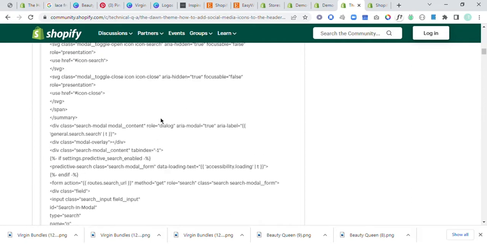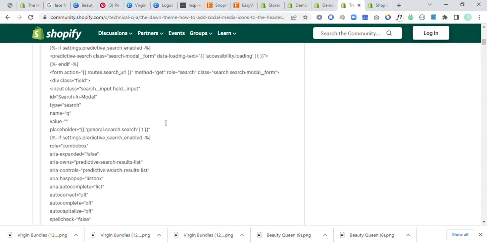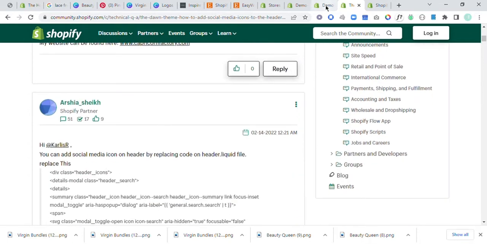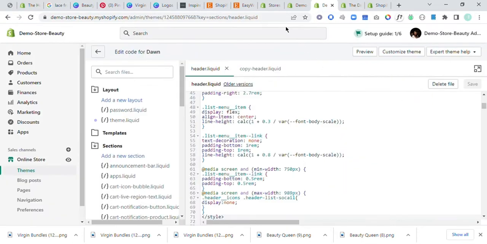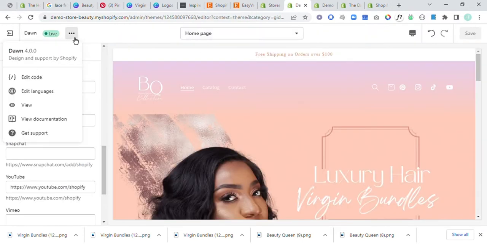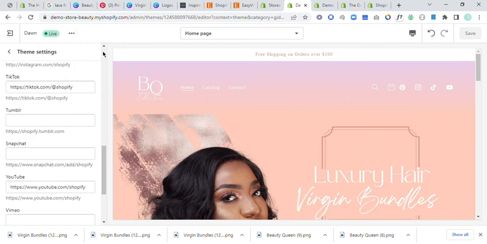to scroll to the top. It's a lot of code you have to edit. All right. So basically you're gonna go to these three dots. You're gonna click edit code. If you're already editing your page, this is where you'll find it. If not, the other place to find it is,